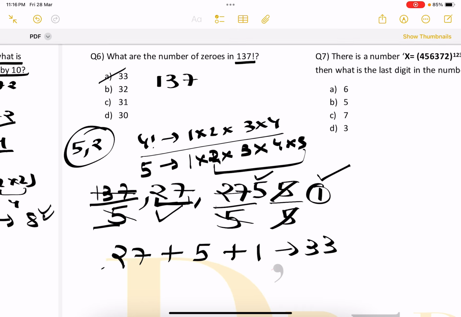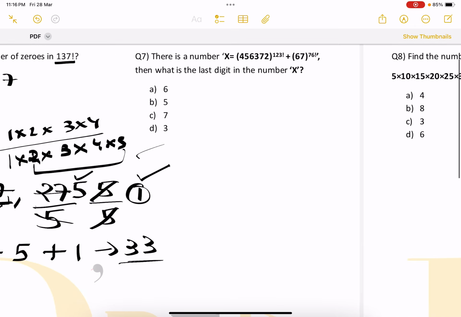सो मैं क्या करूँगा, उसके बाद इन क्वेश्चंस को ऐड कर दूंगा आपस में. 27 प्लस 5 प्लस 1 इज इक्वल टू 33. सो योर आंसर कम्स एज 33. ओके, नाउ लेट्स सॉल्व अनदर क्वेश्चन which goes like